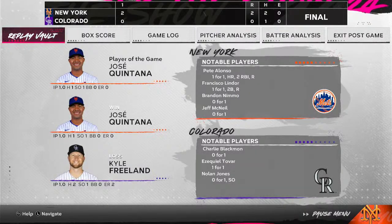The final line score for this afternoon's ball game. For the victorious New York Mets, 2 runs